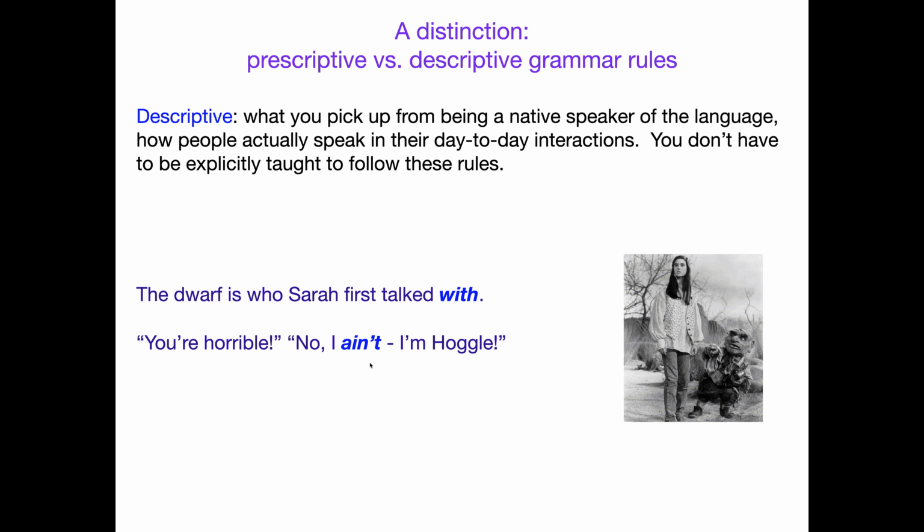His dialect uses ain't. Right? So for him, using ain't in this particular position, in this configuration, is a descriptive rule. It's a descriptive grammar rule for him, right? So descriptive rules are the ones you don't have to be prescribed, because you naturally follow them, and these are the ones we care about, how people learn them for language acquisition.